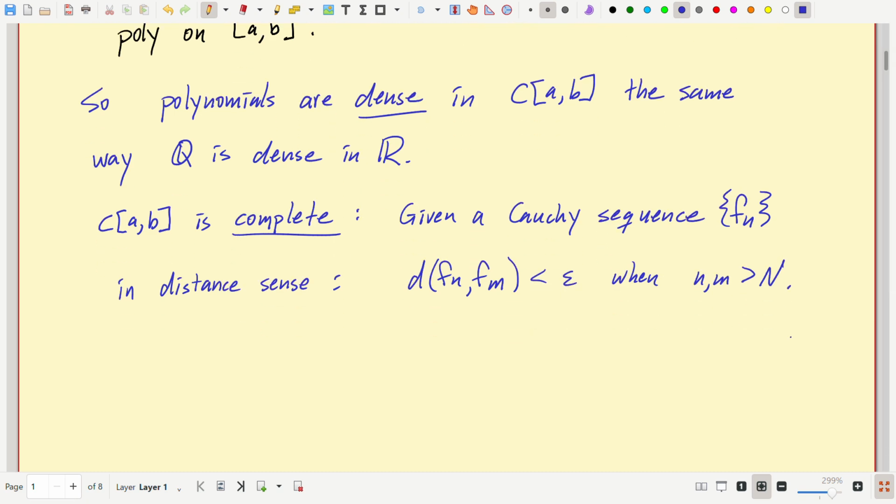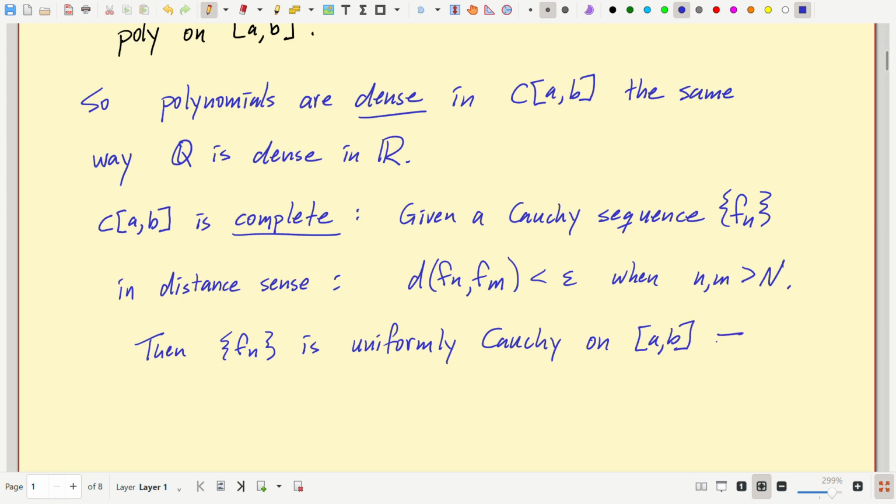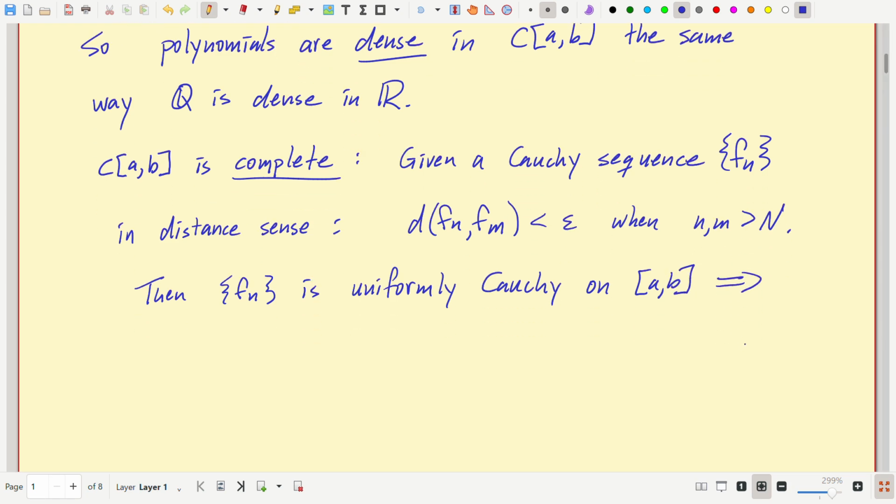So if you have a Cauchy sequence in the sense of the distance function, that means f_n is uniformly Cauchy on [a,b]. That was a word you learned in Math 341, and that implies it converges uniformly